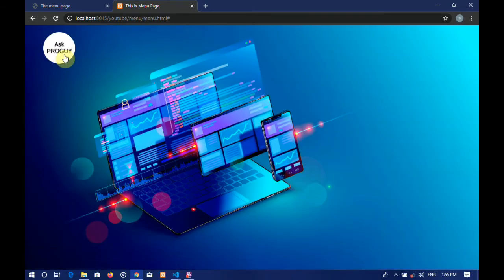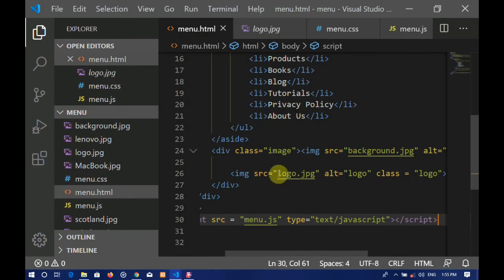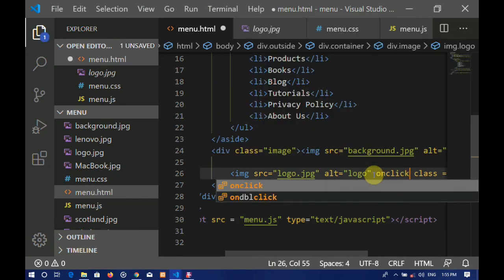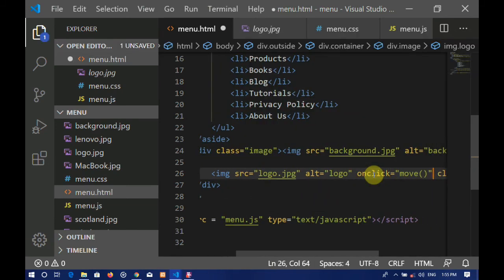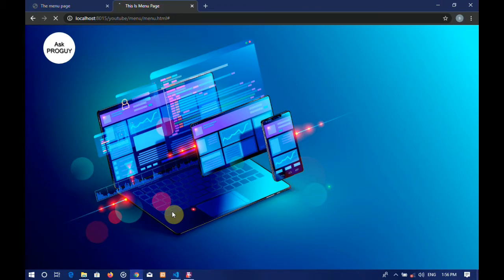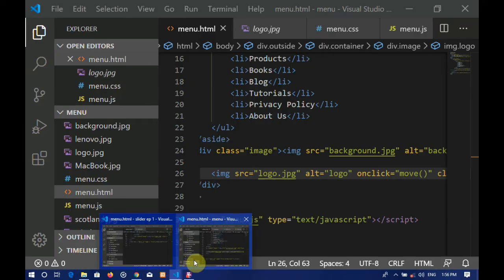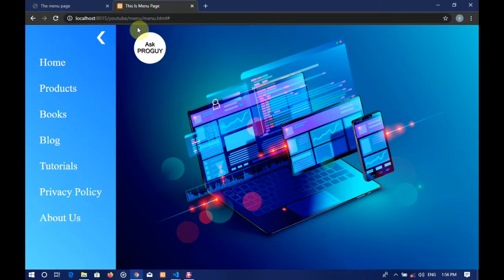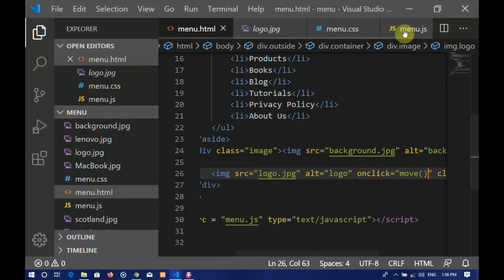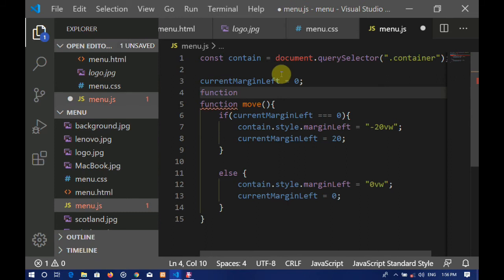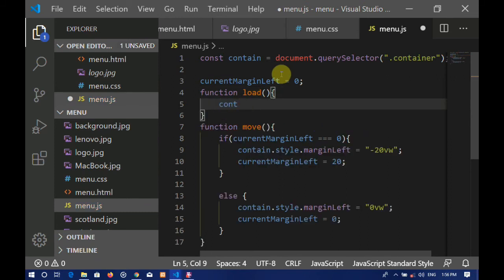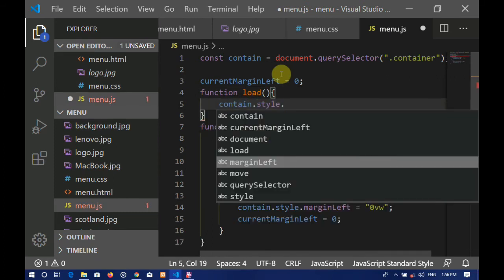Okay, so our back button actually works, but our logo button does not, because we did not specify that onclick method or attribute in our logo image. Now it should work. So yeah, our logo image also works and our back button also works. That's pretty nice, but it is very abrupt. It is happening so damn fast. Plus, on refreshing, the sidebar is already open, so we have to do something about it.